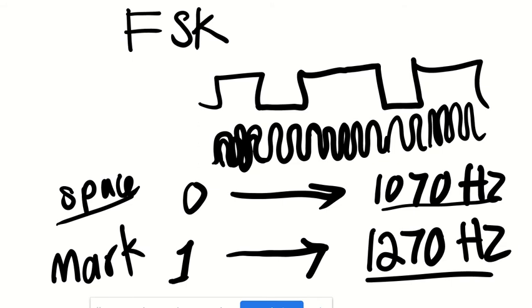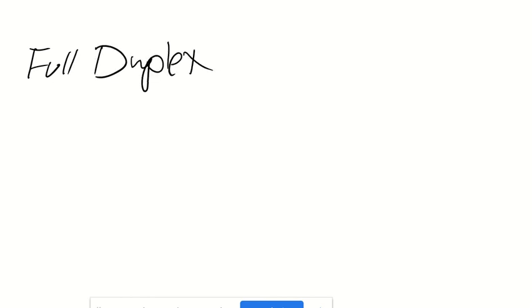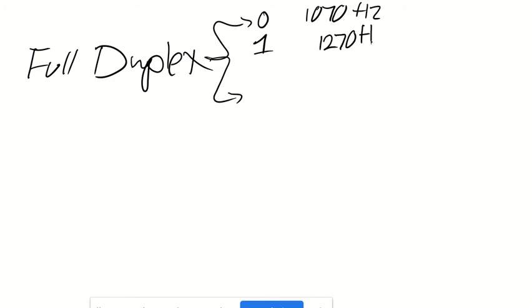Full duplex, as I mentioned before, means you're both transmitting and receiving data. So 0 can be 1070 hertz, and 1 is 1270 hertz. That would be your transmit or your origin signal. Then you are waiting for a response. The response can be 0, can be another,